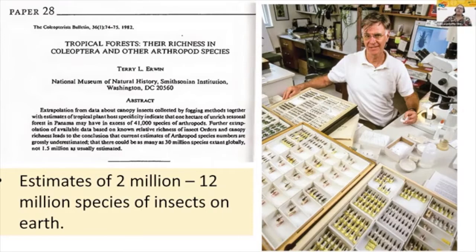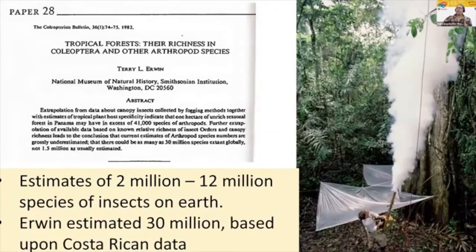Most other scientists suggest that when we finally get done capturing and counting them all, there are going to be between 2 and 12 million species of insects. So why is Terry Irwin, who really is an esteemed scientist at the Smithsonian Institution, he's probably retired by now, why was he an outlier thinking that there might be as many as 30 million? Well, when Terry Irwin was actively doing research, he was studying biodiversity of insects in Costa Rican rainforests. So I just want to put that into context. He was studying the most biodiverse group of organisms on Earth, the insects,